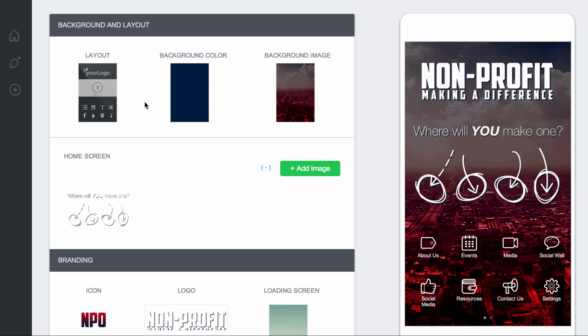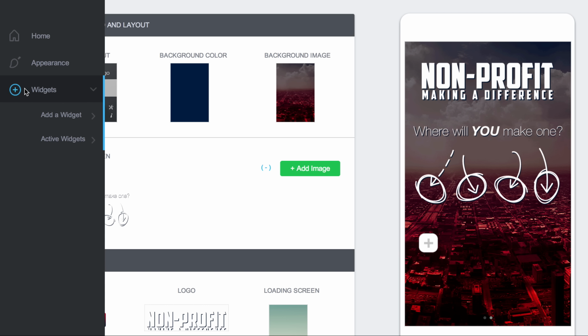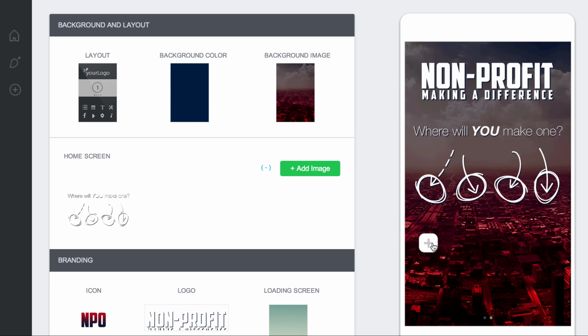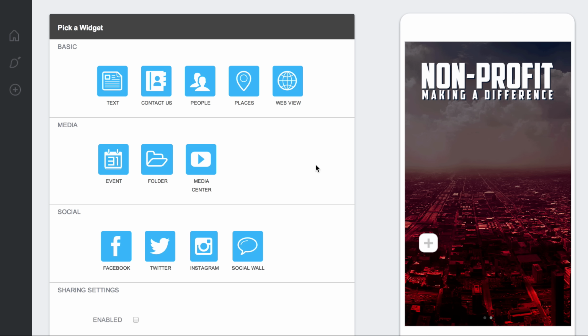In the widgets section, if you want to add a widget real fast, both with the appearance and with the widgets, like I say, there's other tutorial videos that will take you into more detail concerning those. But say I want to add a widget, it's really easy. I can get there by two different ways. I can either go over here to this widgets section on the menu, go down to add a widget, or if I find this plus button, I can just click that plus button, and it'll take me to the widget